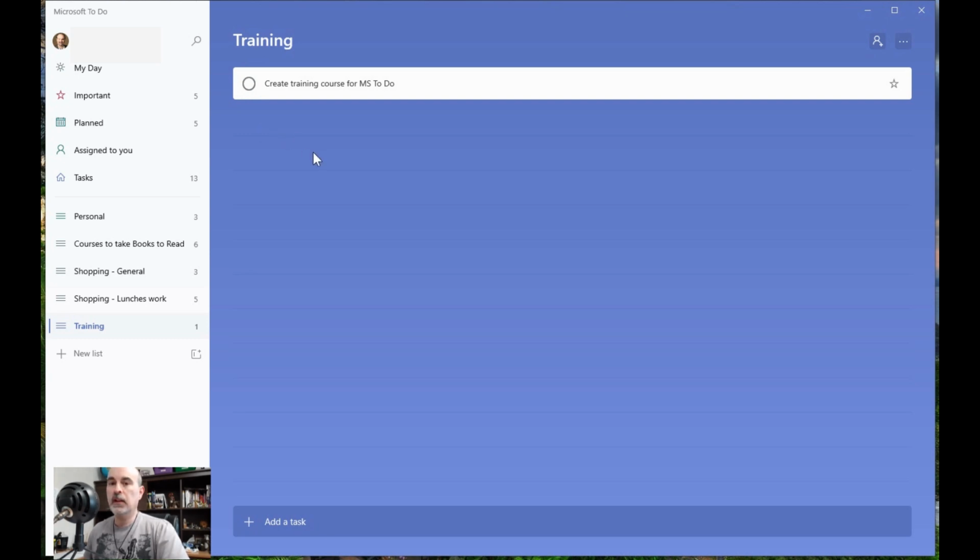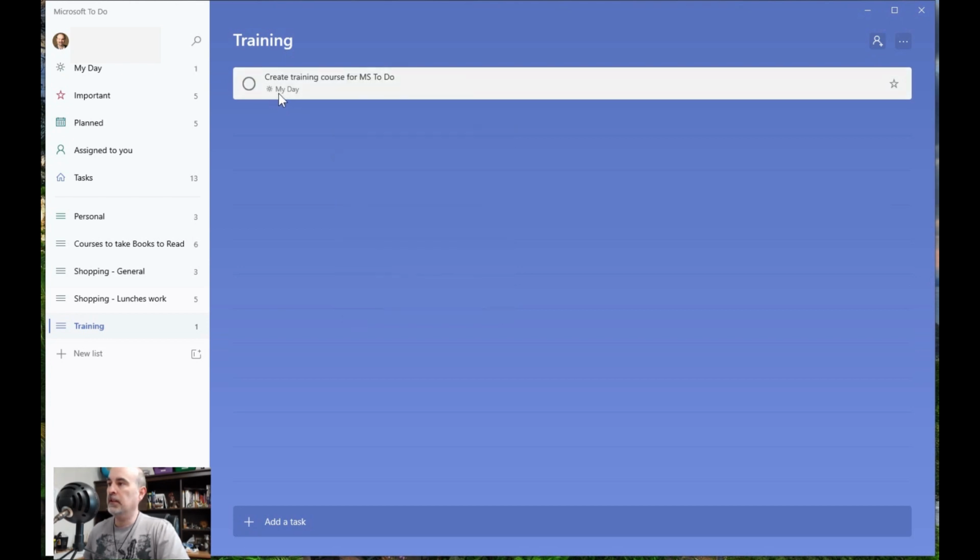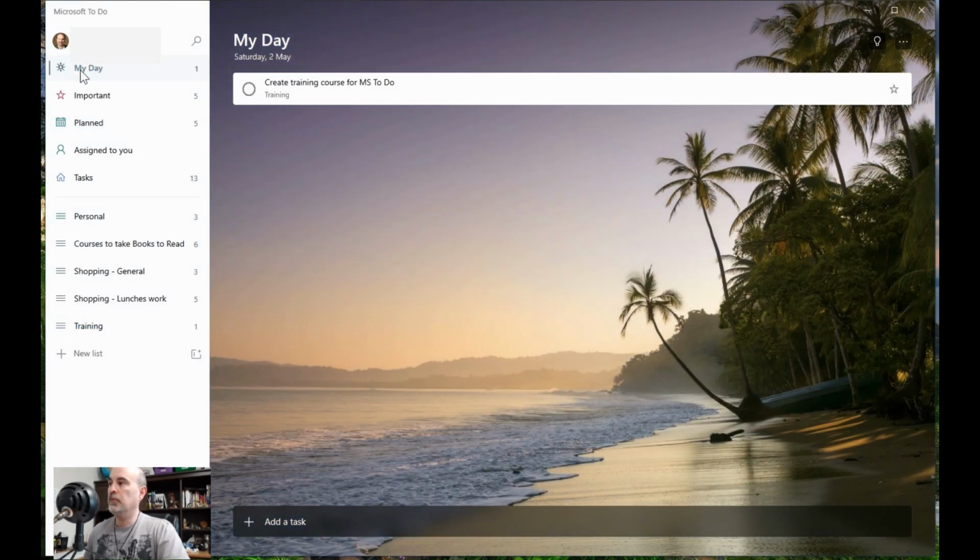So it doesn't delete it yet. If I wanted to delete it, I could right click on it, and there's an option at the bottom to delete that task. It also gives me several other options in here. So I can right click and say add to my day, and it says here star my day. So if I go back to my day view, then I can show me all the tasks that are due for this day between all the various lists that I have. So from here I can also mark it as done and do all these things.